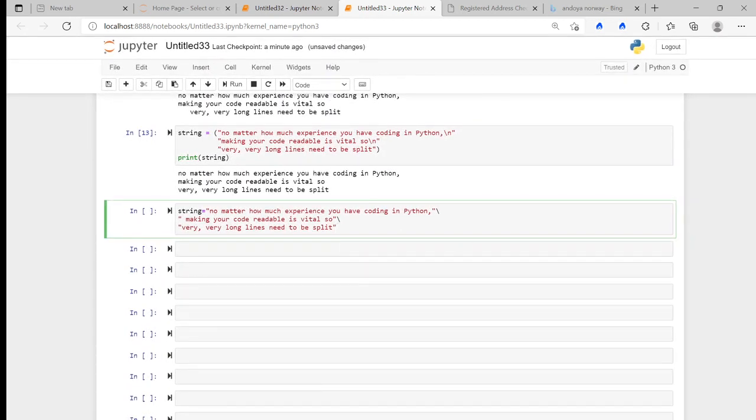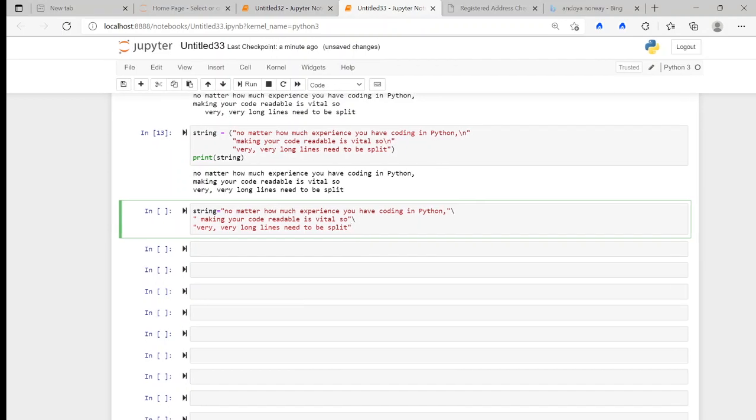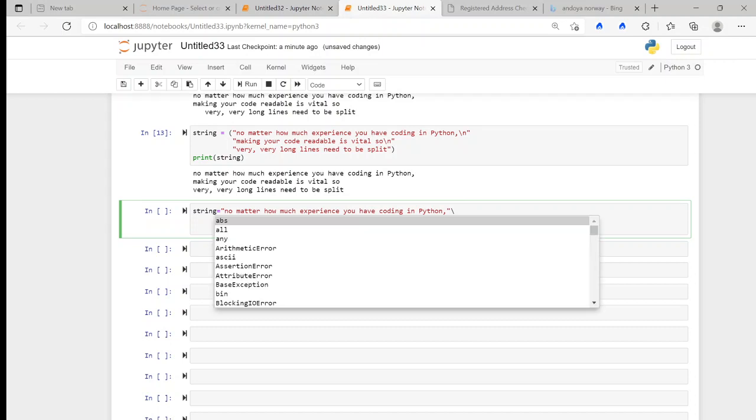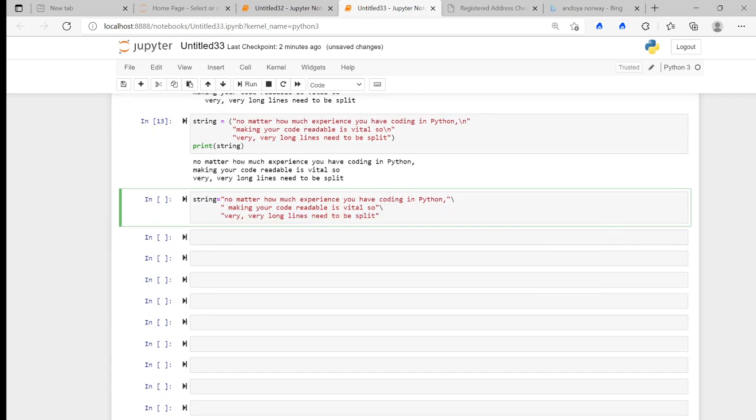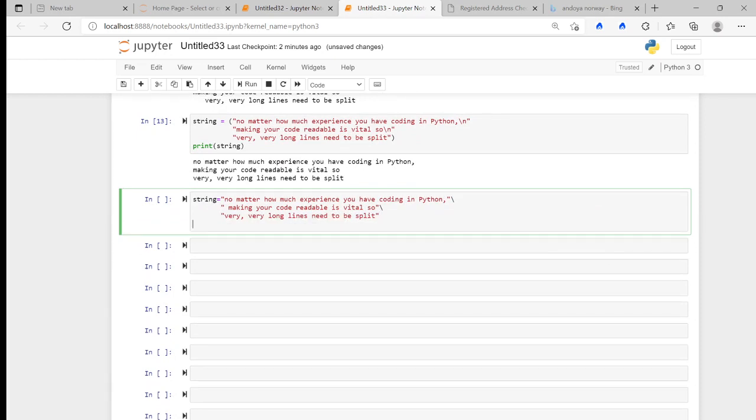So I've got multi-lines, but it hasn't been indented properly. So to make this look the way we want it, to make it readable, I would need to manually indent everything, which is obviously not great. Let's see if I can make it line up, and now if I print it,